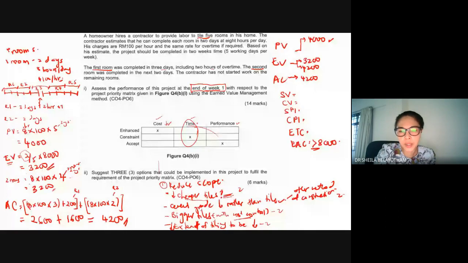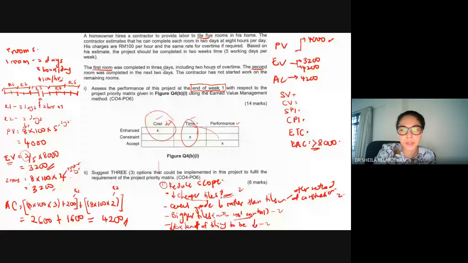If you increase workers, increase material, increase equipment, whatsoever, if that increases the cost, then you do not fulfill this. It's already over budget. Adding that would actually add to that. Then this is not accepted, unless your cost factor here is to be accepted,